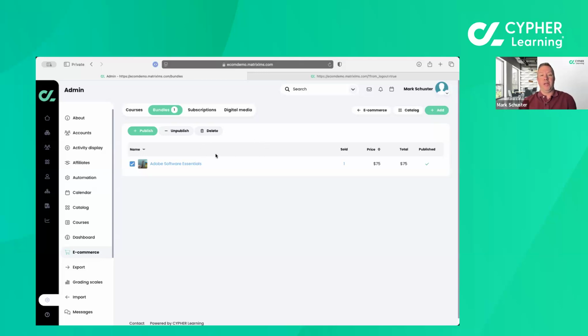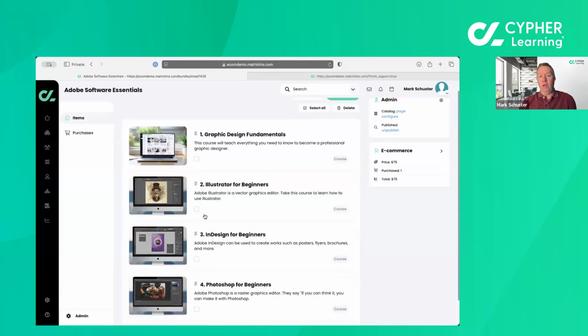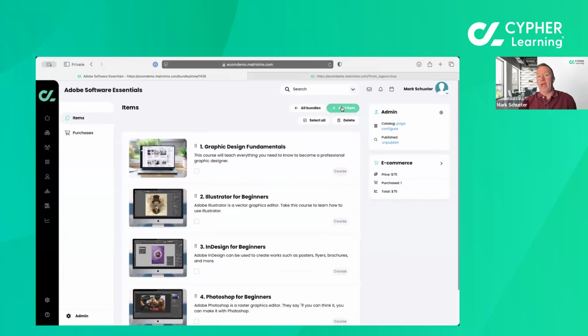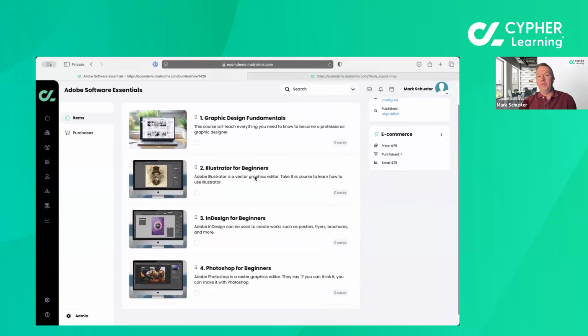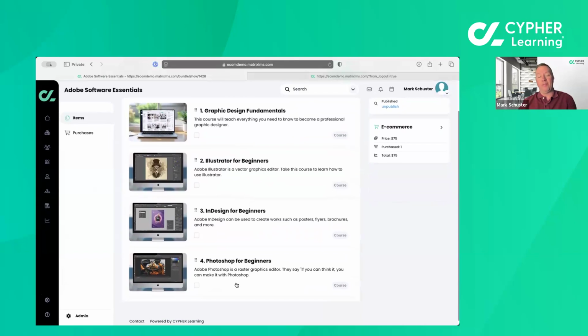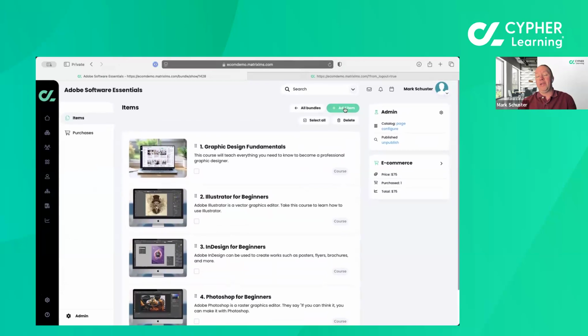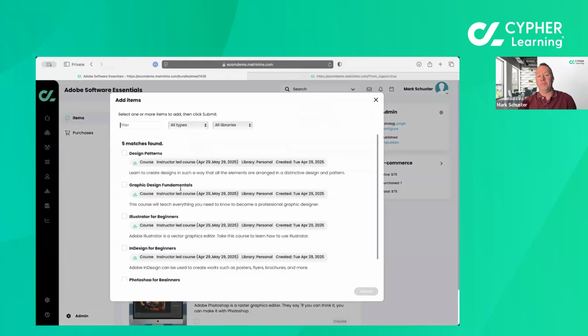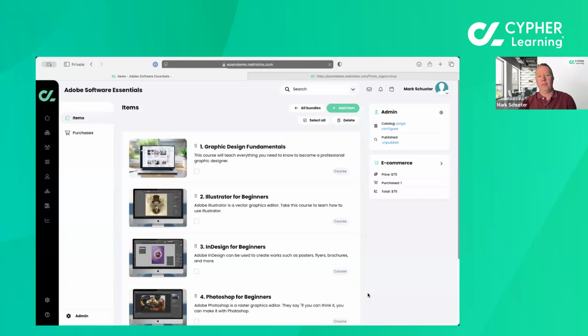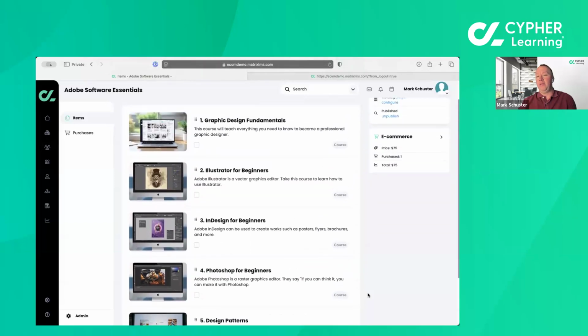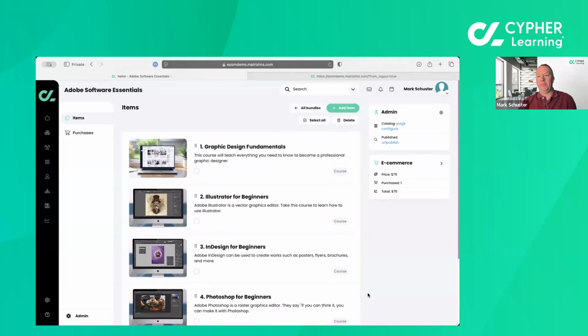So I'm going to go ahead and take a look at this particular item. So I can add items. I can view here, there are 4 courses actually in this one. I apologize, I said 3. 4 courses already set up, but I can add additional courses if I want to, and go through all of my courses and add whatever I need to into this bundle. Once I've got that created on what's included in the bundle,